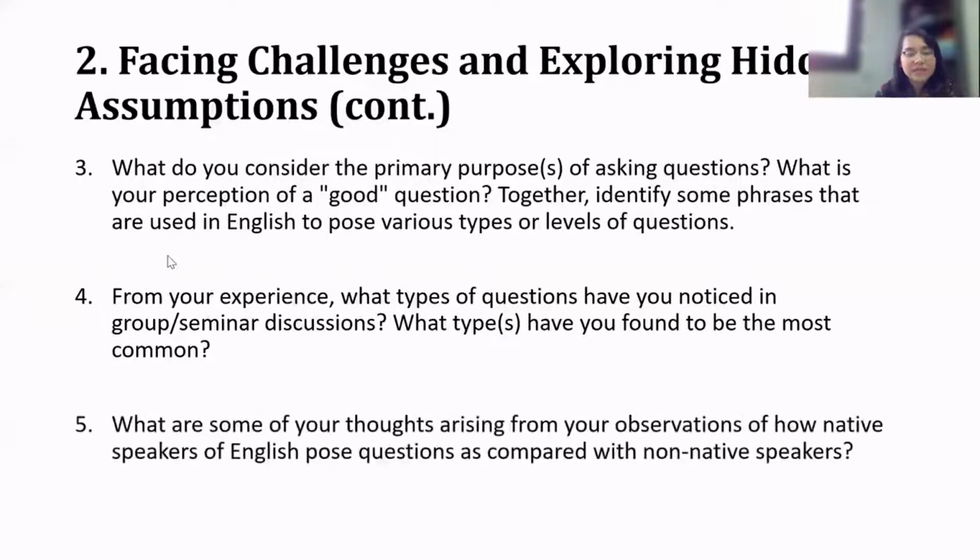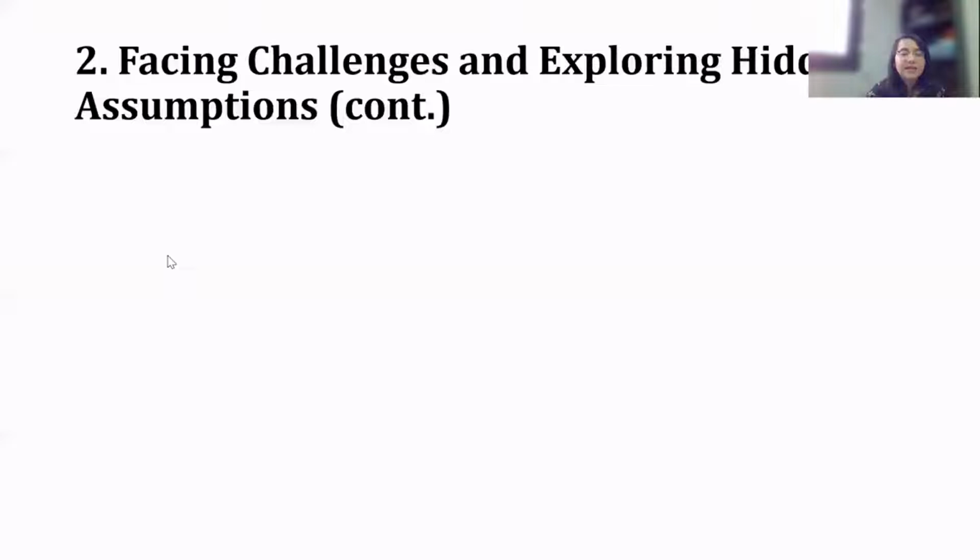Next question is, what are some of your thoughts arising from your observations of how native speakers of English pose questions as compared with non-native speakers? Well, these questions can be more about the culture as well, especially if you compare Western culture and Eastern culture, or you can compare how native speakers ask questions and you yourself ask questions if you're not a native speaker. That, and then the next question,